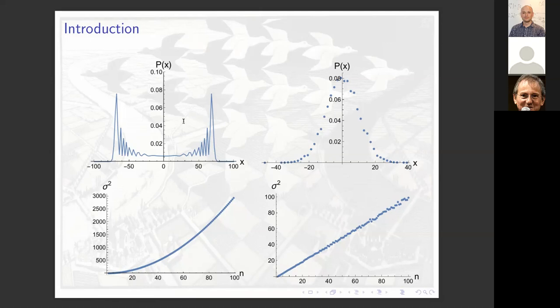Oh, and the coin operator in this case was the Hadamard matrix, right? Just this 2x2 Hadamard matrix. And even if you plot the variance, this sigma squared parameter, for the unitary quantum random walk, it looks nice and quadratic. You contrast that with what's happening in the classical case: the variance, with time or with this parameter n, looks very linear, right? So this is just a simple illustration to show that unitary quantum random walk models can be very interesting, and can lead to different behavior from the classical case.